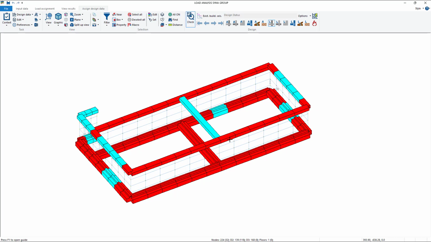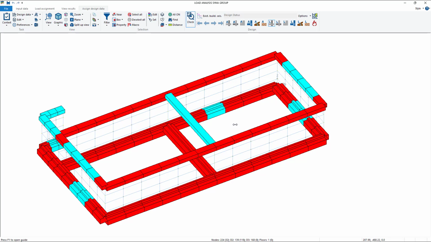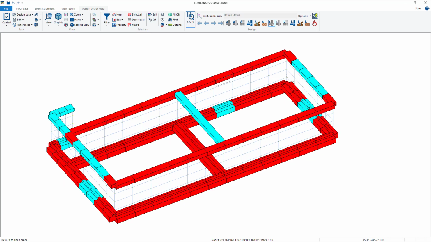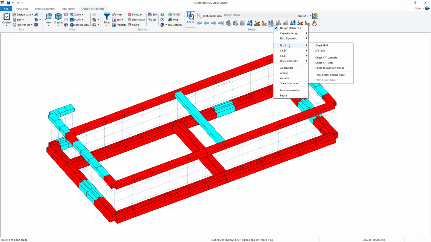And okay, well, this is not a good state for our structure, but it's not important right now. The important thing is that you learn how to do the design and check the results with these commands. Here you have a lot of results that you can check. I suggest you try it all, and if you don't understand some of that, you can just ask me by mail. But I don't want to lose much more time here.